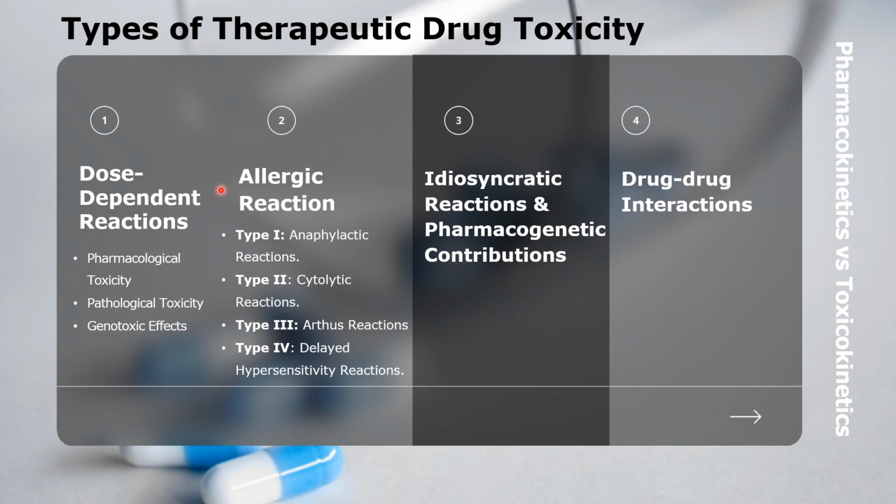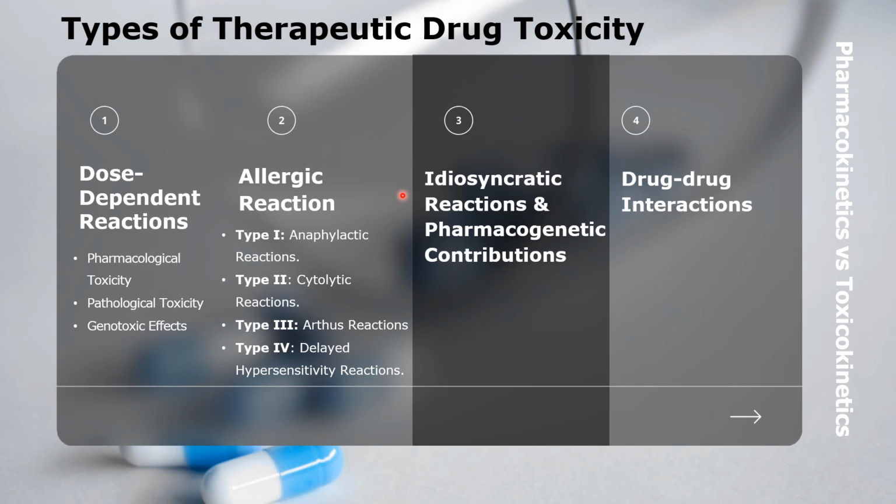When we talk about allergy, it is an adverse reaction mediated by the immune system, which resulted from previous sensitization to a particular chemical or compound or to one that is structurally similar. Allergic responses have been divided into four general categories based on the mechanism of immunological involvement. The third one is idiosyncratic reactions and pharmacogenetic contributions. Basically,